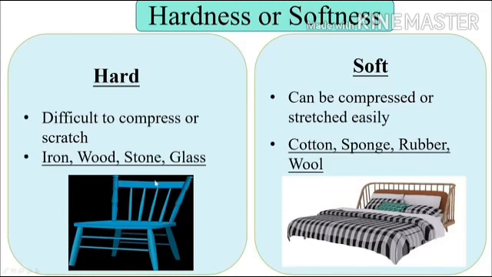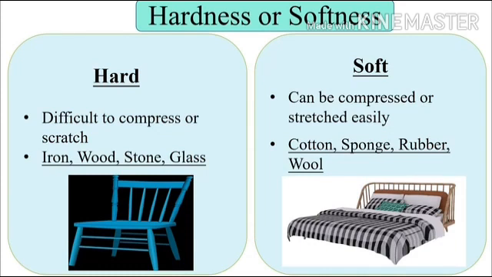So the next property is hardness. Based on hardness of materials, the materials are classified as hard and soft. The materials that are difficult to compress or scratch, for example, iron, wood, stone, and glass, are classified as hard materials, whereas the materials that can be compressed or stretched easily are known as soft materials, for example, cotton, sponge,